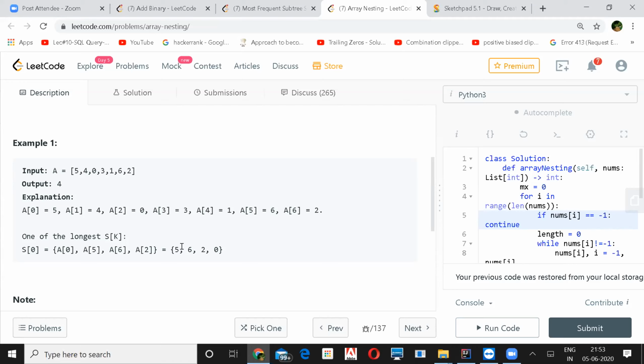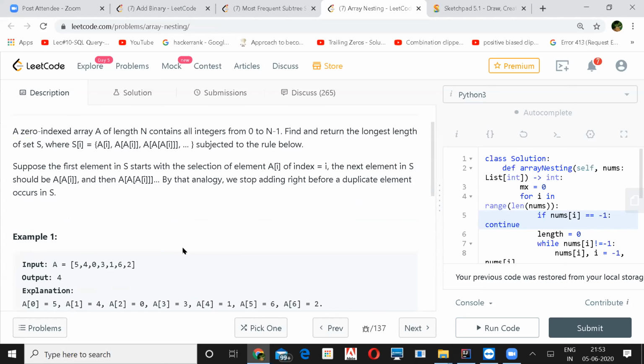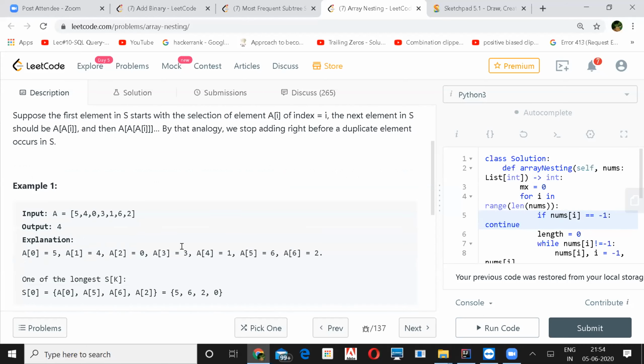Yeah, sure. So one thing, if you look at the problem statement, what it says is you can have 0 to n minus 1 integers, correct? Even if this cycle is 5602 or whatever it is, if you go for any other number, it is still going to form a cycle for those numbers. That is the way it is, because you have the set of numbers which are only from 0 to n minus 1, and your array size is always n. So you'll always have a cycle, but the cycles will be of smaller sizes.